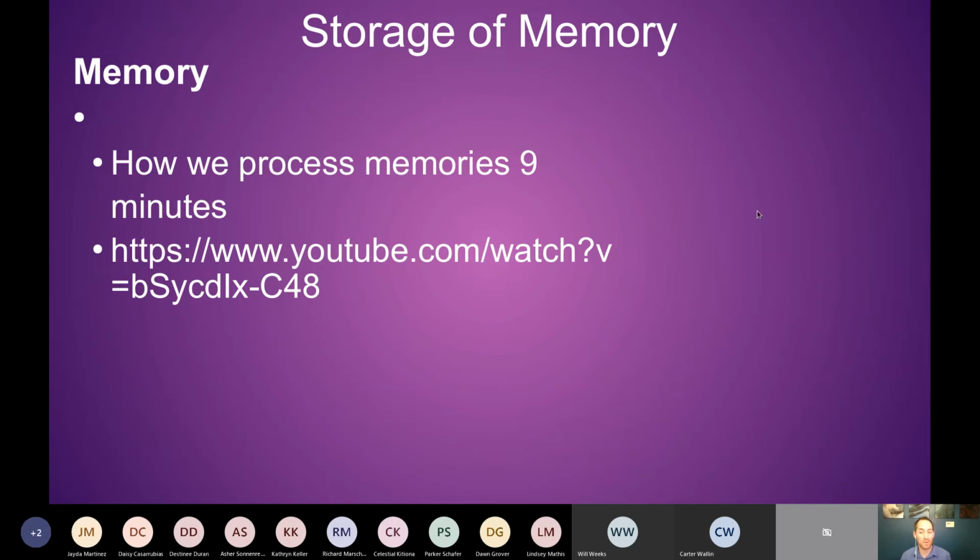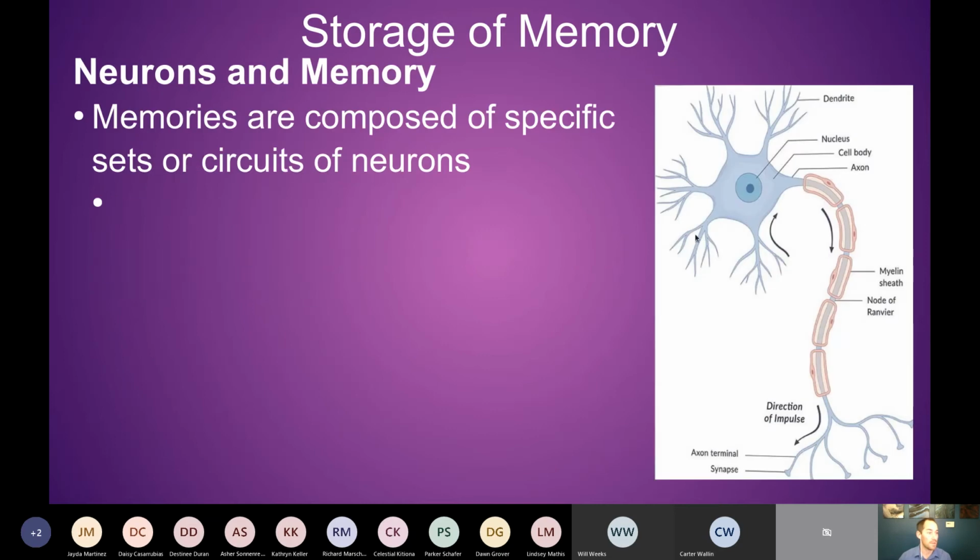But a lot of that was review, with some additional examples that hopefully help clarify some things that we've talked about so far today. Memory is really important to everything that we do, especially when we're talking about working memory. So what is happening at the neural level? Well, we're not going to dive terribly deep, but I do want to give you a little bit of a sense of what's happening at the neural level to create memories.